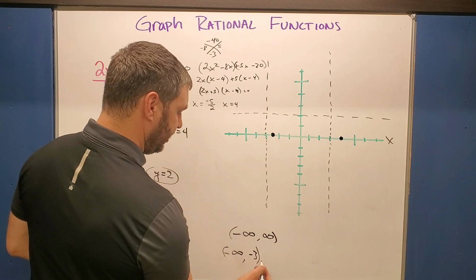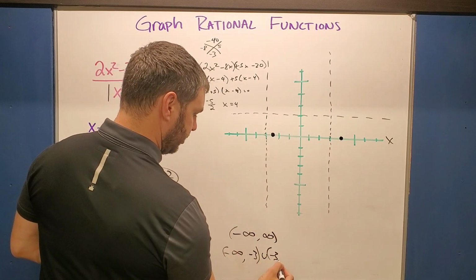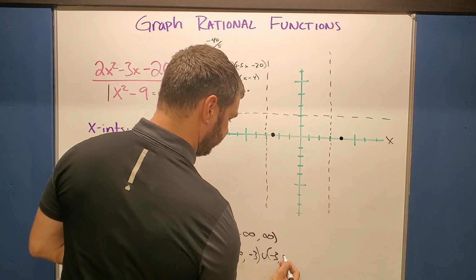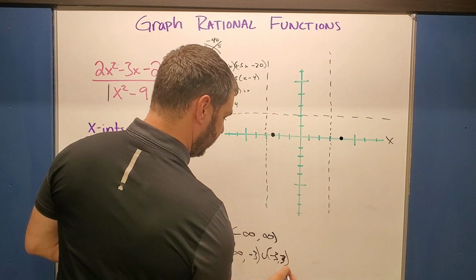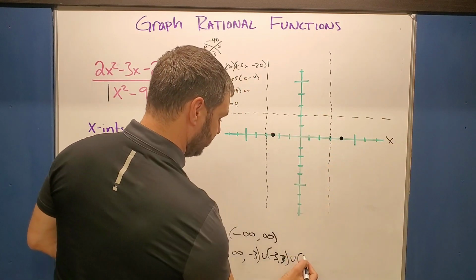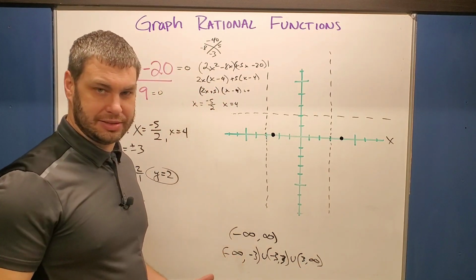So -3, and then I'm going to union it with the other side of -3, okay, until my next spot where I get broken up at, which is +3. Oops, it's a terrible 3. +3, there we go. And then union with the other side of +3, and then I can finally go on to +infinity, like this. All right, so one way to think of it, this is how I tell my students,